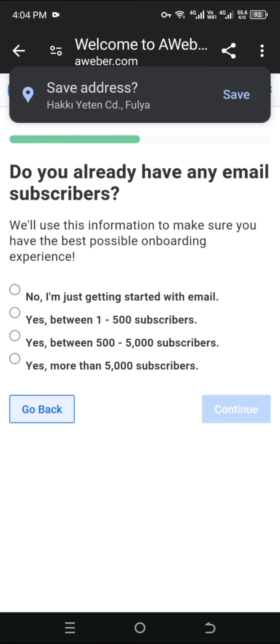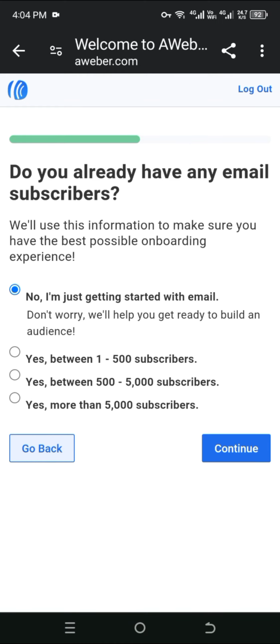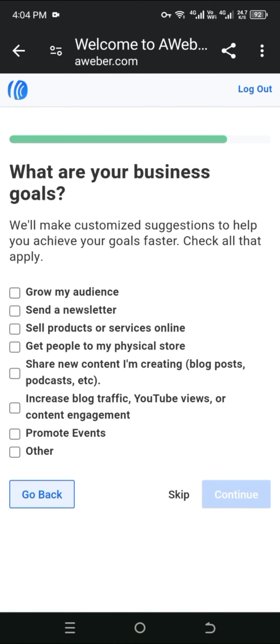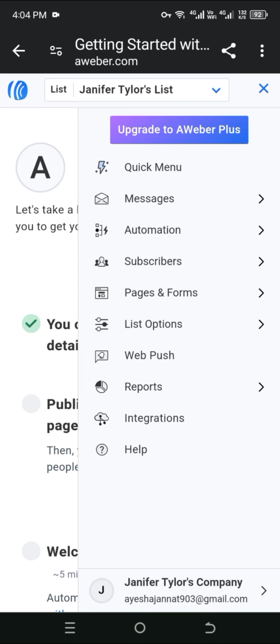After that, you have to choose between options. So you can continue with no, I'm just starting with email and then click on continue. Then enter your business goals and then again click on continue. Now choose the tools that you use for your business and click on continue. And then you will be directed to this page here on AWeber and in this way you can use AWeber